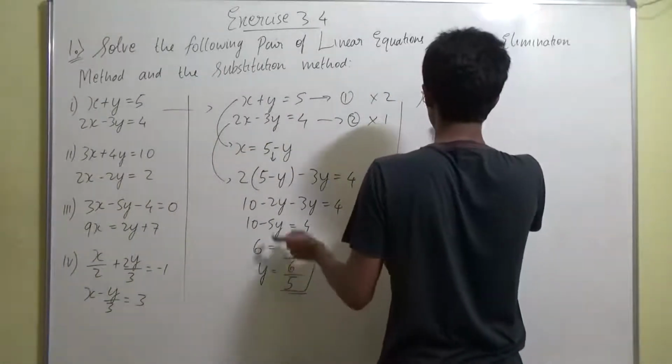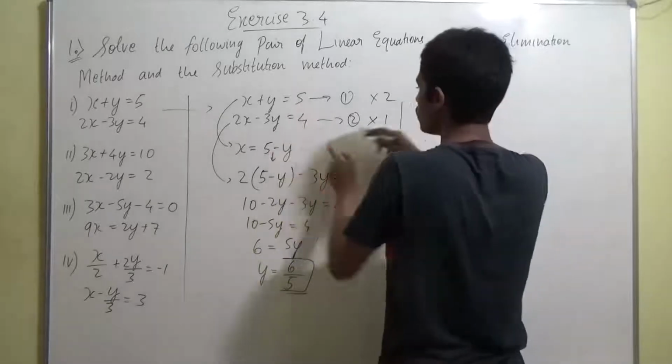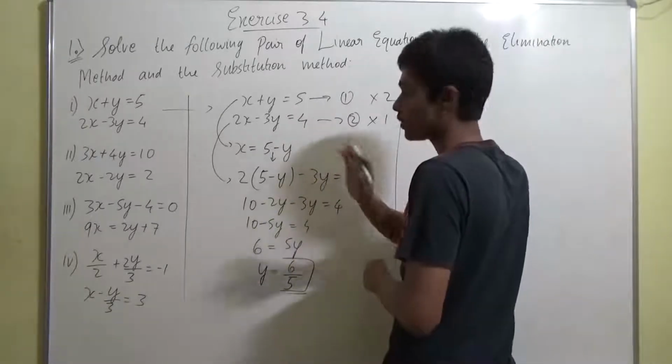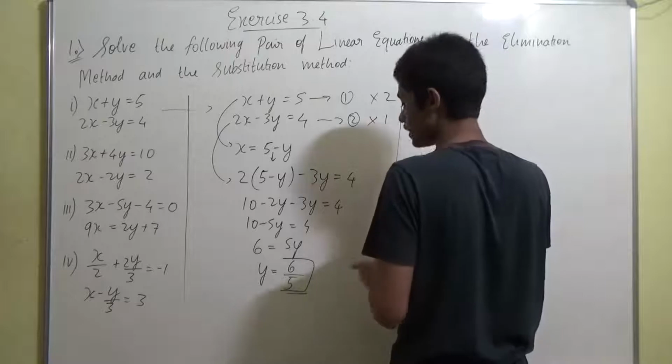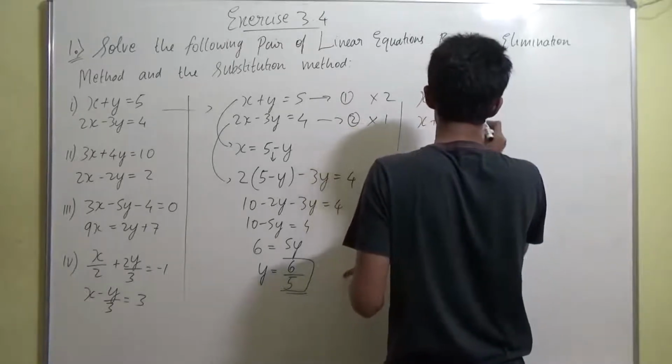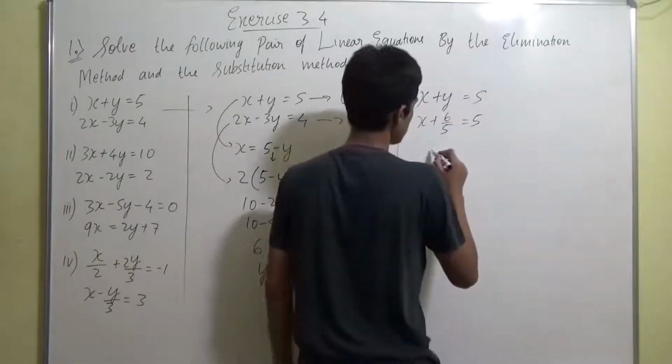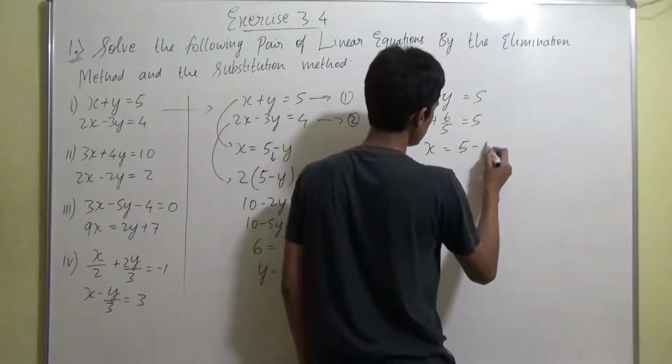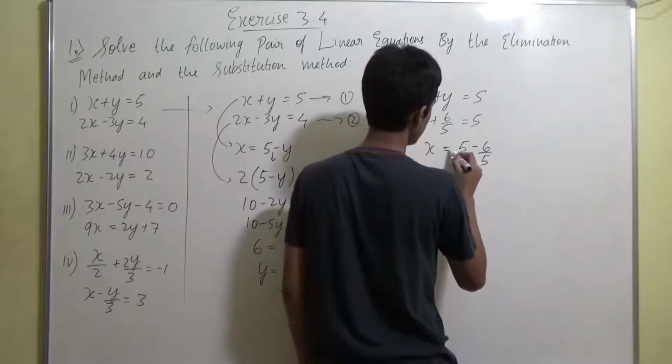x plus y equal to 5. In any of these two equations, if you put the value of y, you are going to get the value of x. As simple as that. x plus 6 by 5 equal to 5, right? So the value of x is going to be equal to 5 minus 6 by 5, which will be equal